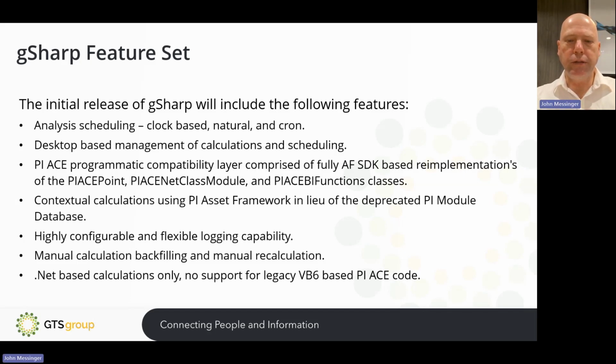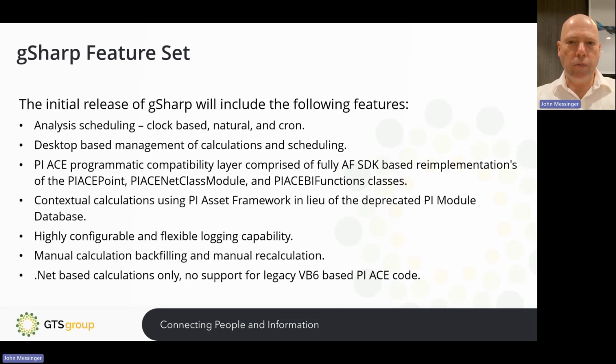What this means is that for some of the methods and functions, there's a slight change in the signature, where a method might require that you pass in a PySDK-based object, or it returns a PySDK-based object. Then in our programmatic compatibility library, we've replaced those with the AF SDK equivalents.